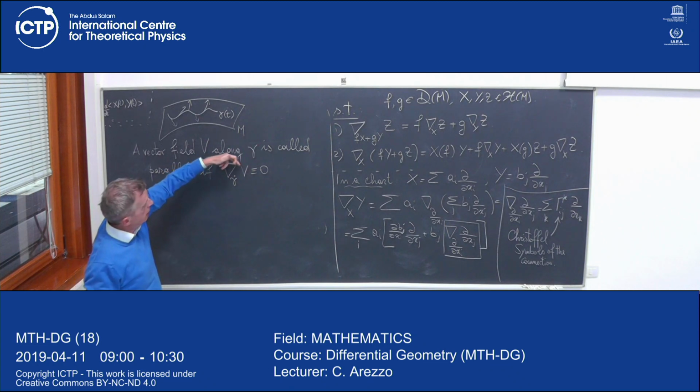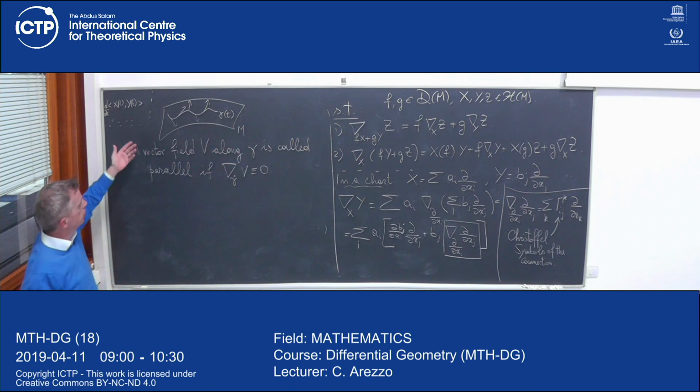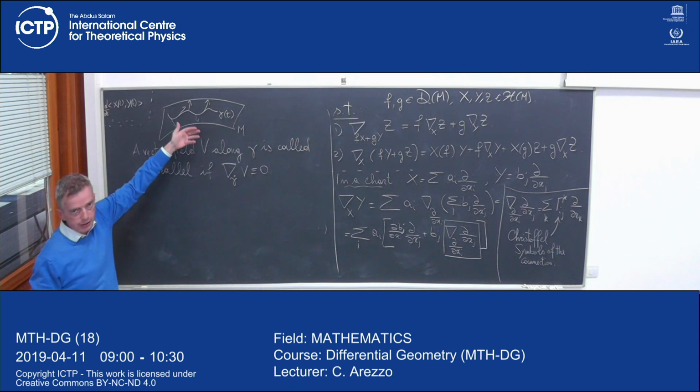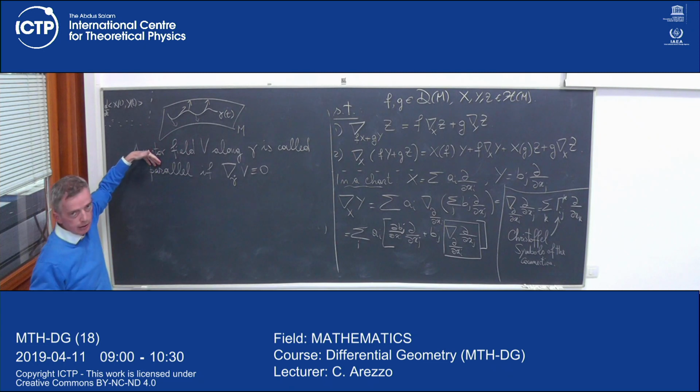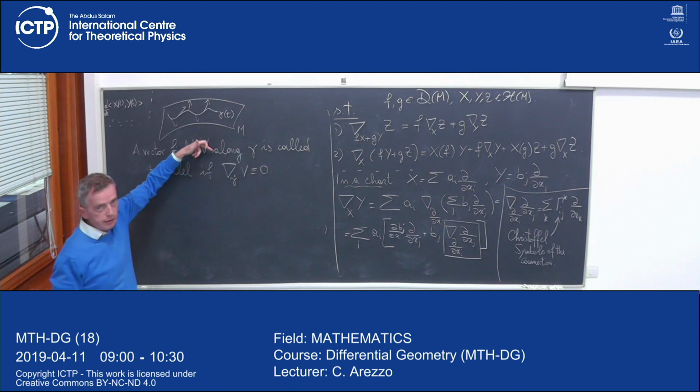So I say, if the derivative is constantly equal to 0, in some sense this is a constant vector. Instead of constant, we say it's parallel, because actually there is nothing constant about this vector. You should not fall into the trap of thinking that something which satisfies this